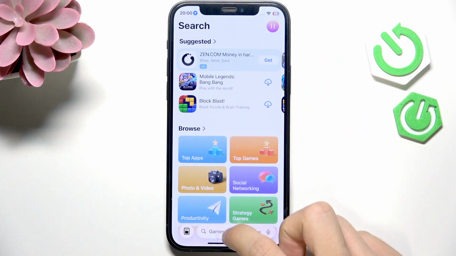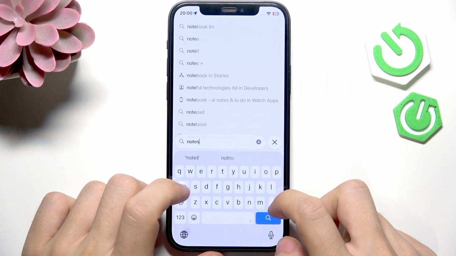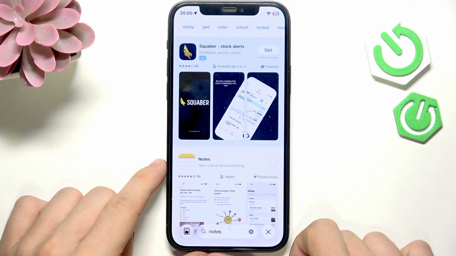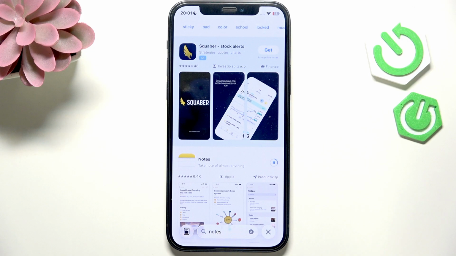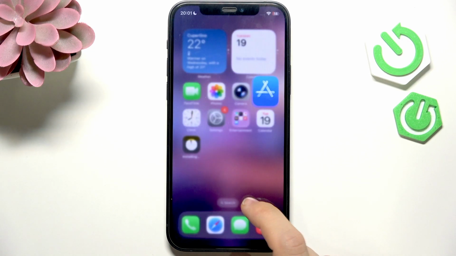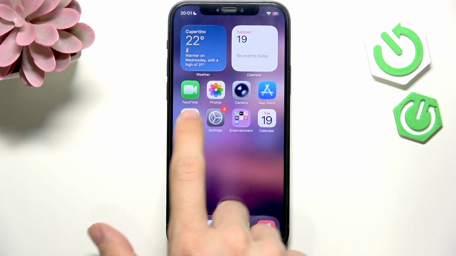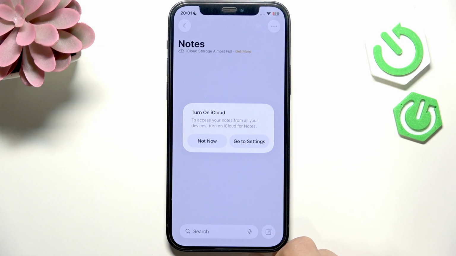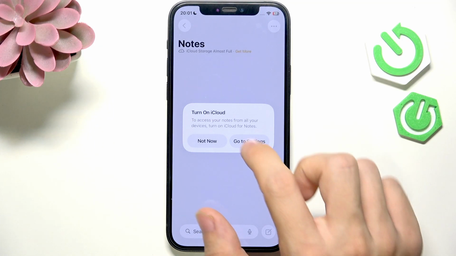What you need to do is go to the App Store and then search for notes. Let's go there. Okay. Let's download the notes. And now the notes will be right here. Let's open them up. Let's continue. And now